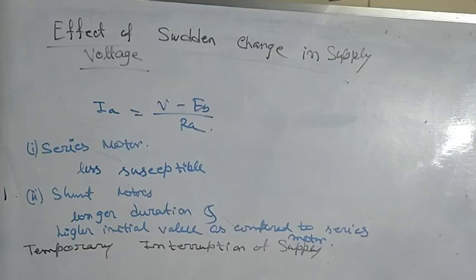Now, when the supply voltage is restored, the inrush current in the shunt motor will be determined by resultant voltage in the circuit and the impedance of the circuit, whereas for the series motor it will depend only on the impedance of the motor circuit, and it will be relatively much higher as compared to shunt motor.